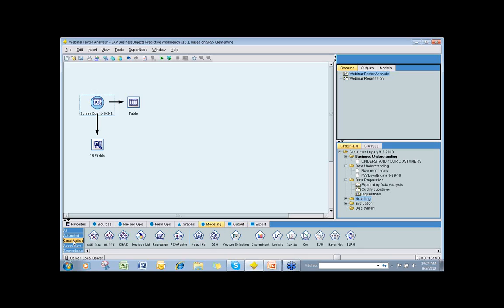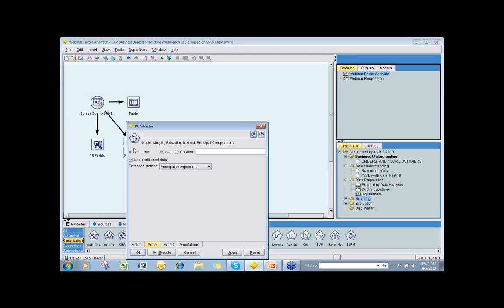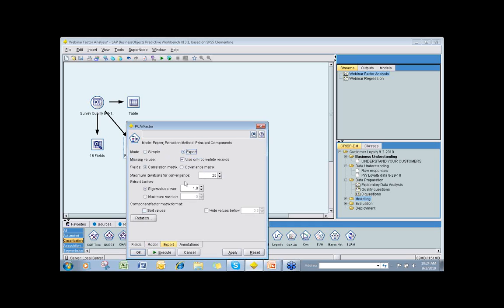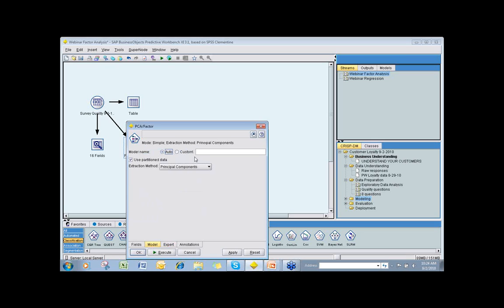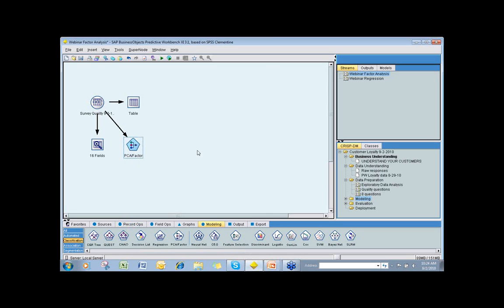So the factor analysis is in the modeling section under classification. It's called principal components analysis or factor analysis. Now, with every modeling node, there are very complex selections. For instance, if you want to choose some of these different correlation or covariance or eigenvalues, you can do that. We're going to stick with something simple just for this illustration. There's an extraction method on principal components. So as we run this,